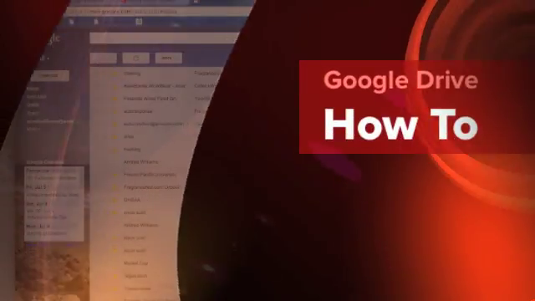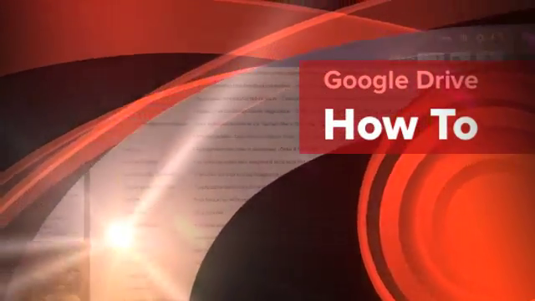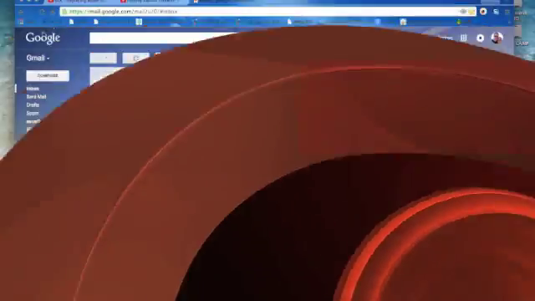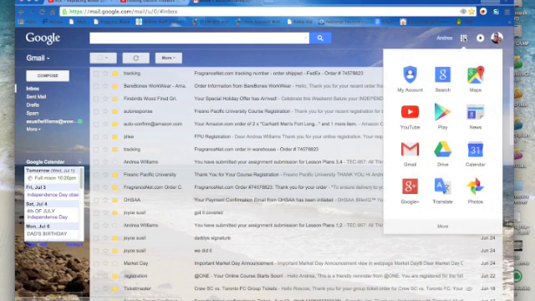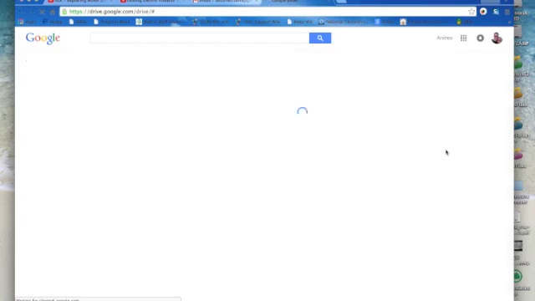I am going to do a tutorial on what Google Drive is and how to use it. First thing you need to do is log into your Google account. I'm in my Gmail. If I go over here to this little tile icon, this is where you go to your Google Apps. Click on that and go to Google Drive. Google Drive will then open,